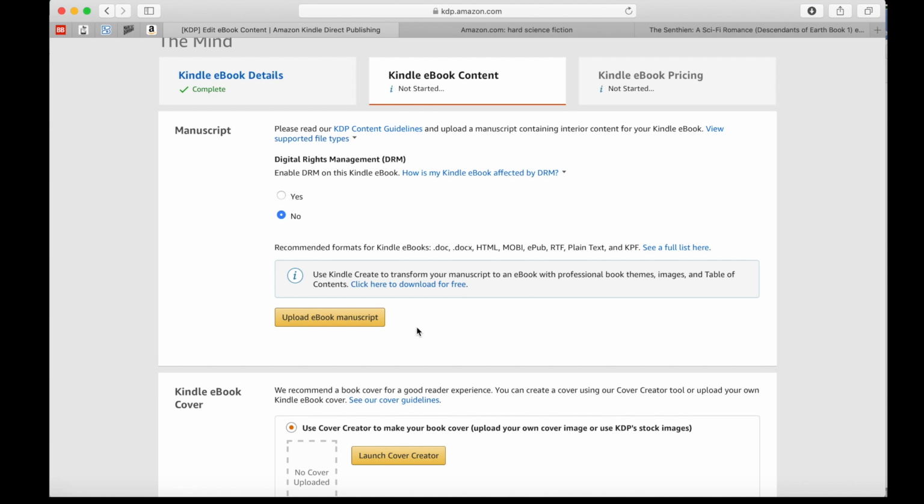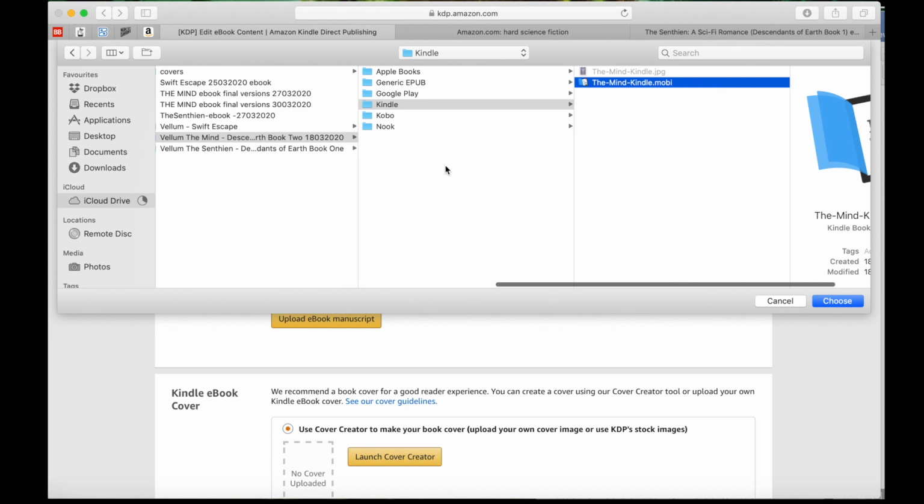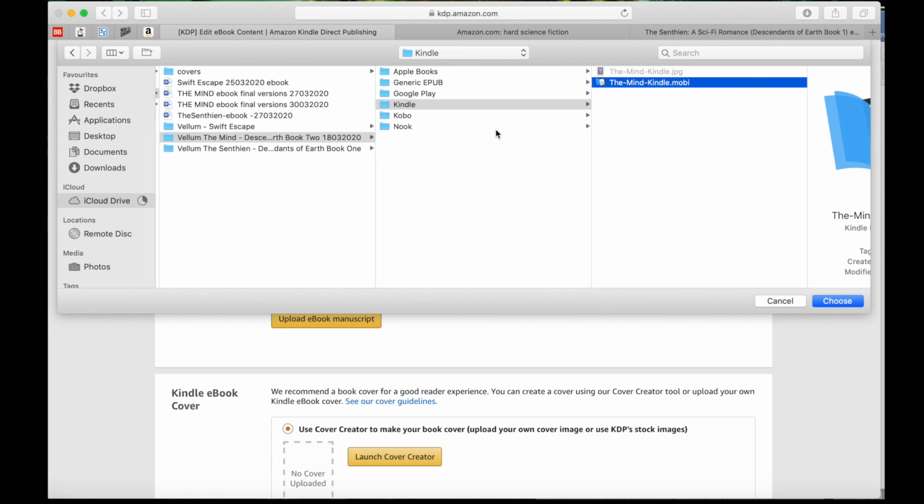So here I will upload the manuscript. One can upload a Word file, but what I use is a file that I formatted in Vellum. I like the Vellum software because you can see what your book will look like on different ebook readers before you publish it. The only issue here is that the fonts in Vellum are limited,